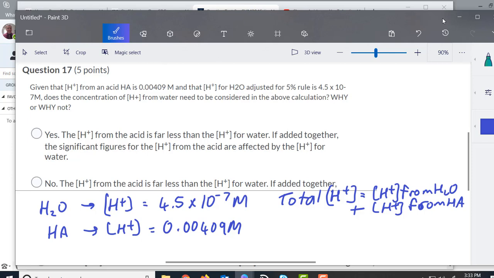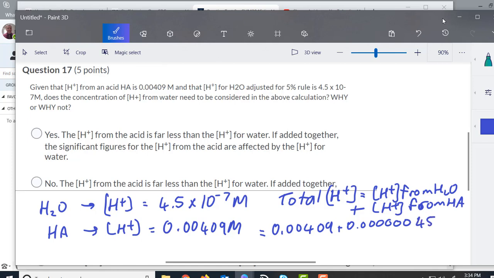And you can see that if we did that equation, we'd end up getting 0.00409 plus 0.000000, not zeros here,